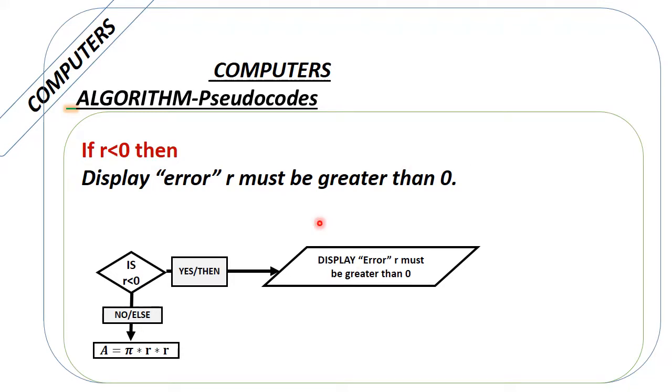So what if R is greater than 0? So that's where else comes in. Else, which is of course the no part, do this. Then we can show display A is equal to pi times R times R. So there is one mistake here. For those who have eyes, maybe you can see here is display, but here is process. So here we're supposed to use a shape for display, which is this one. Okay, hope you are able to tell. With that being said,